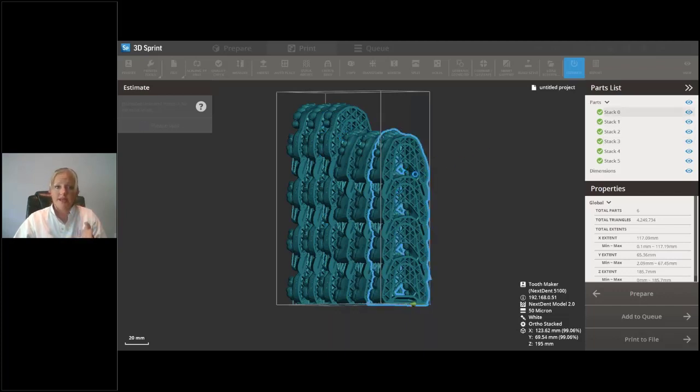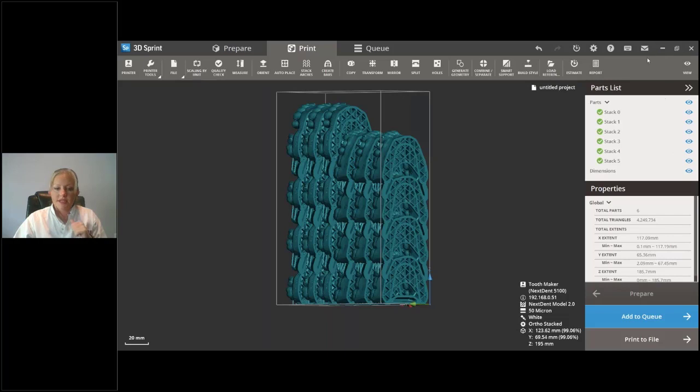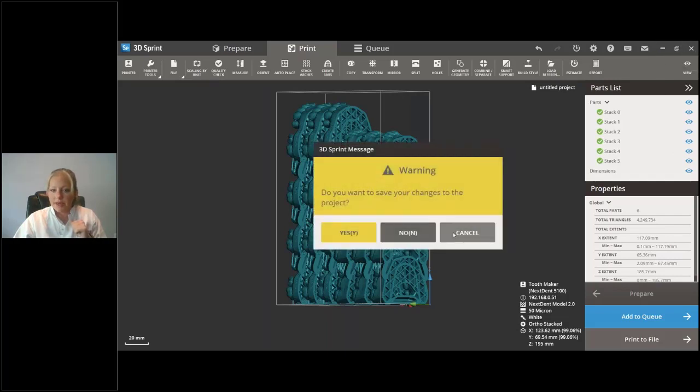Oh, and I did print this as well, so you guys could see that if you were interested. So an hour and 50 minutes. Okay, and then you'll add that to the queue. So that's just a little preview of that. Now I'm going to go back to my